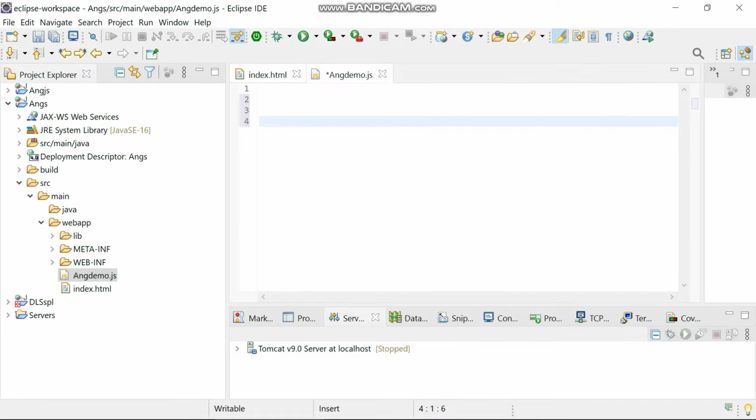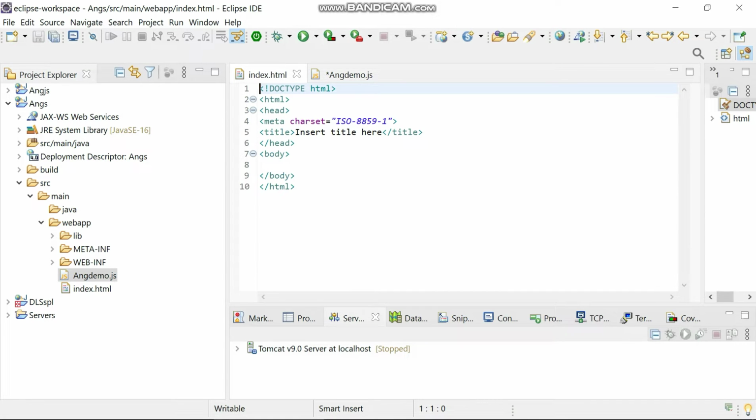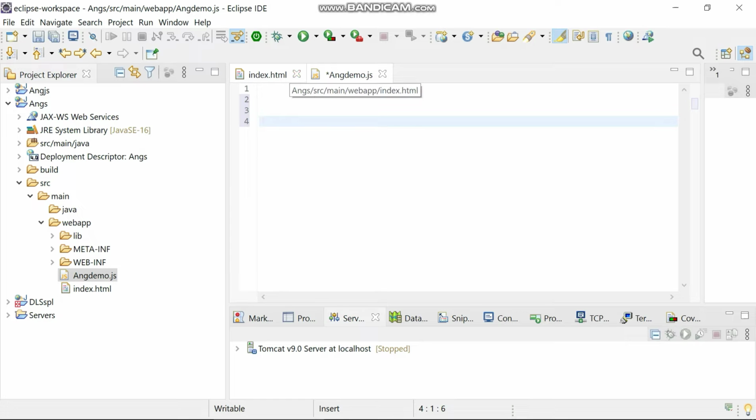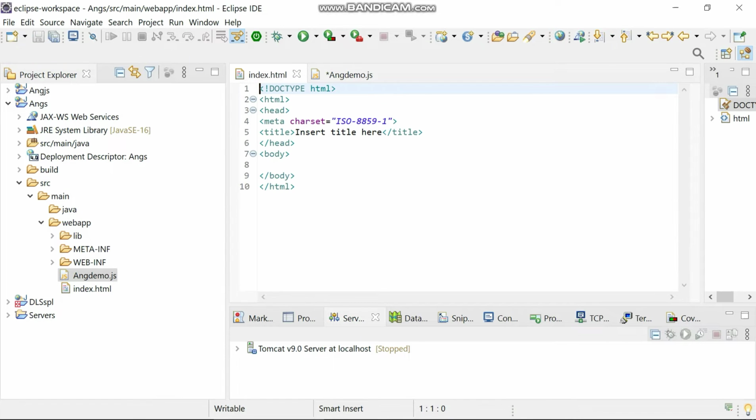Okay, now what we are gonna do is make this application an AngularJS application. How do we do it?